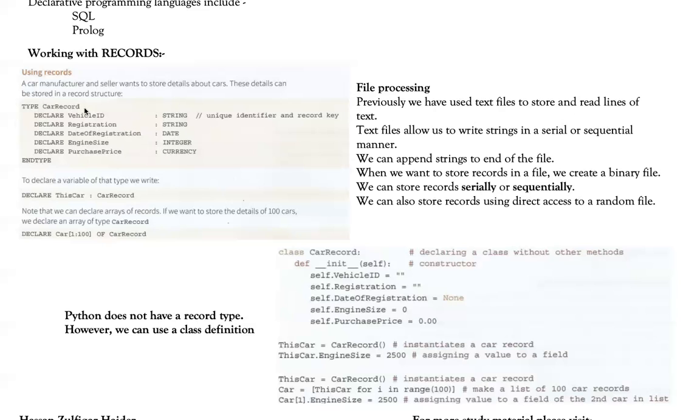So when I have declared a data type, I can declare a variable of this type. This is what it looks like, declaring this Car of type CarRecord. Now this car will have these values right here. And I can also declare arrays of this type CarRecord as well. So basically, as you can see here, the array called Car has 100 positions, and in each position is space reserved to hold a complete car record. This has been discussed in detail in paper two. So if you are a little rusty on this concept, you should visit this topic again.